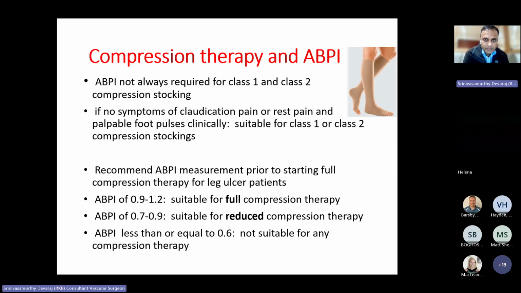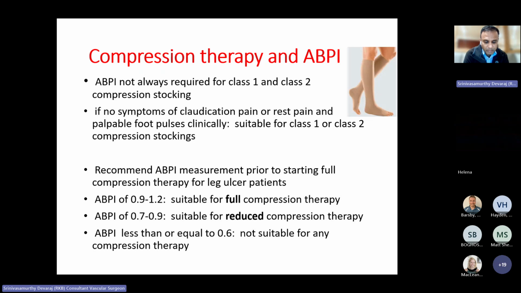If patients require full compression therapy, which is higher degrees of compression up to 40 millimeters of mercury, then don't rely just on clinical examination, but cross-check that with an ABPI or a TBPI, which is ankle brachial pressure index or toe brachial pressure index. So as a guide, we use an ABPI of 0.9 to 1.2 or even 1.3 as suitable for full compression therapy. If they're between 0.7 and 0.9,